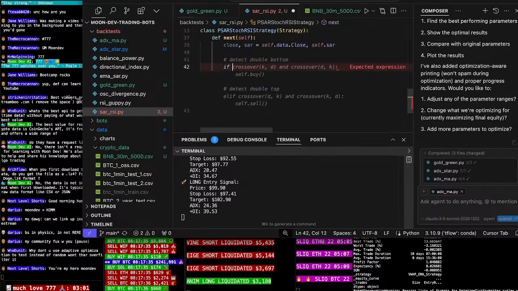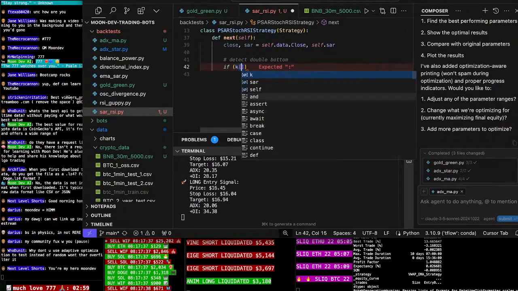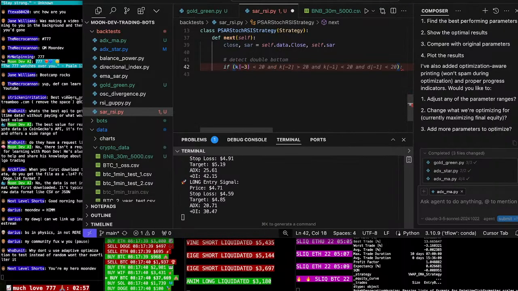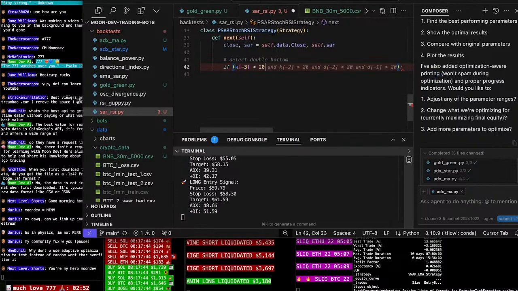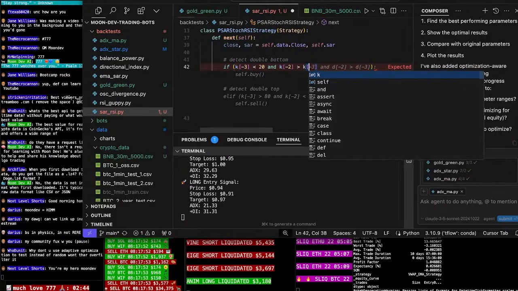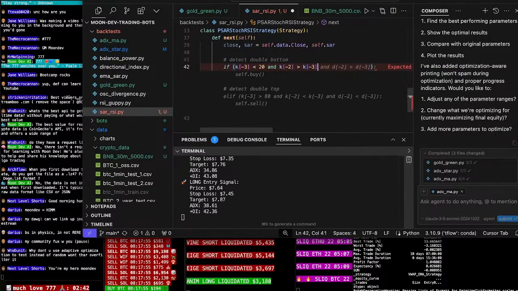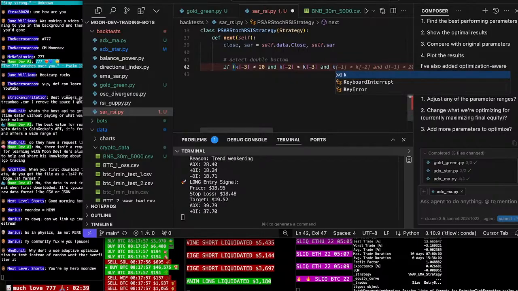Okay, if K -3 is under 20 and K -2 is over K -3 and K -1 is greater than K -2,